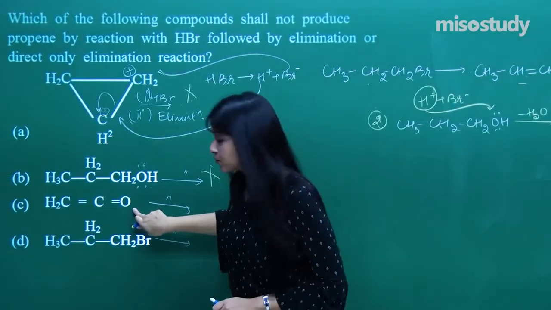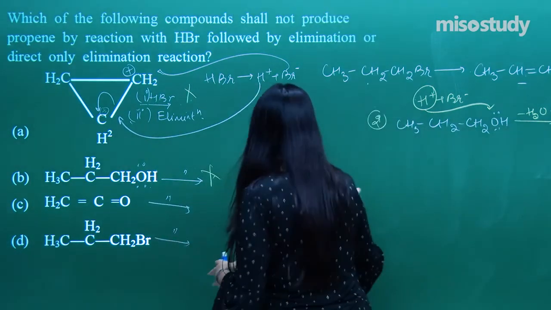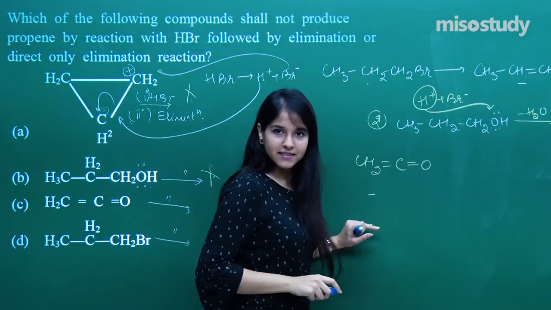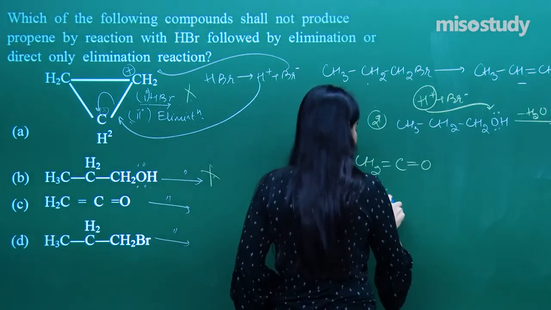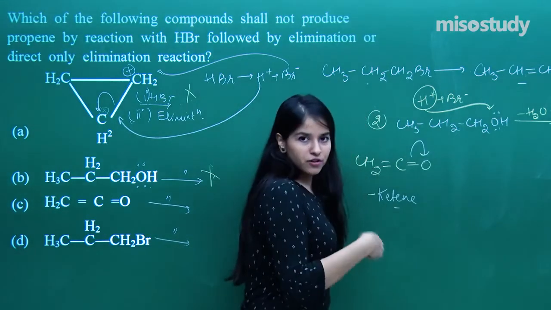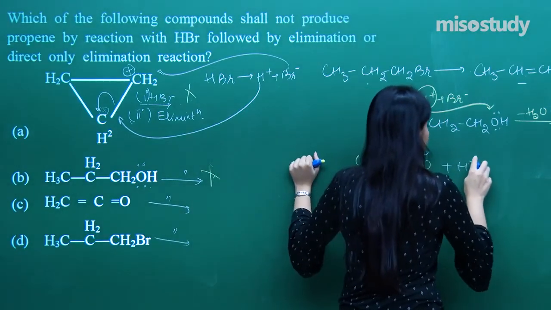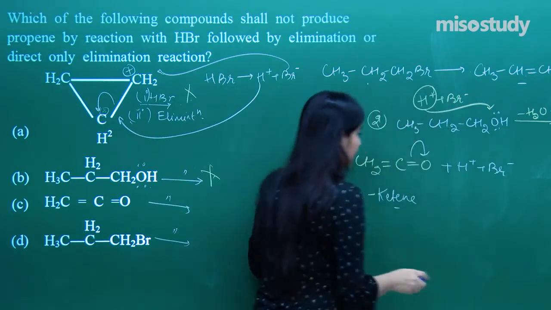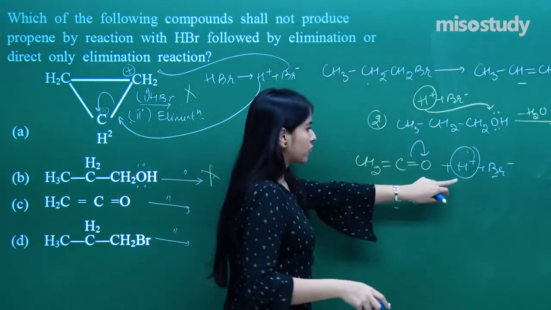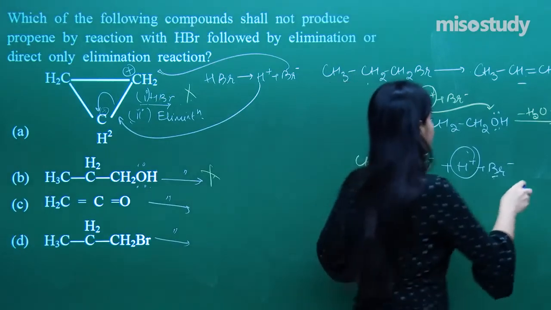Here let us observe just this one. So what do we have? Again I need to make it react. Again the H positive will come into play. So I have got CH2 double bond C. What kind of a compound is that? That is ketene. And what you need to have is a shifting over here, because there is a carbonyl group. So you need to always shift it towards the oxygen. I have got H positive and Br negative. So H positive will go on to the negative part and Br negative would be going to the positive part. So what do we have?